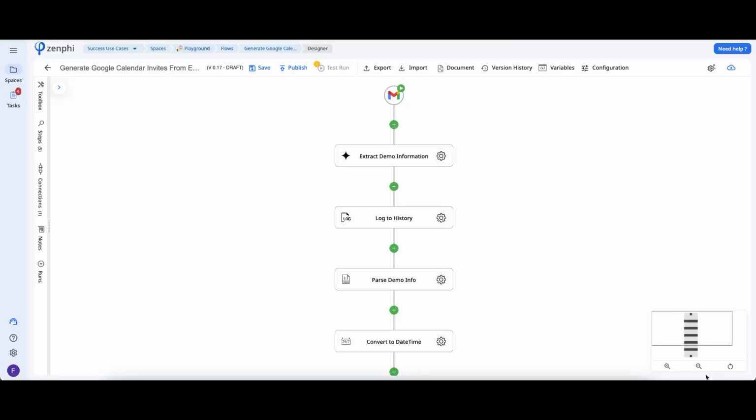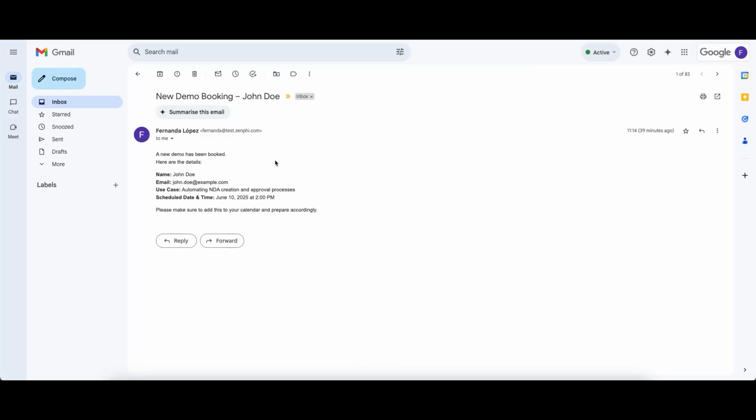Today I'm here to present a use case that I'm sure many of you are going to find extremely helpful. We're going to be extracting information from an email body to be able to generate a Google Calendar event. So let's say you receive an email every single time someone books a demo meeting. We're essentially going to be extracting the information from here to be able to create a Google Calendar event. So let's say we want to create the meeting link for the demo. We can set this up, be able to add it at the time that they selected, be able to invite